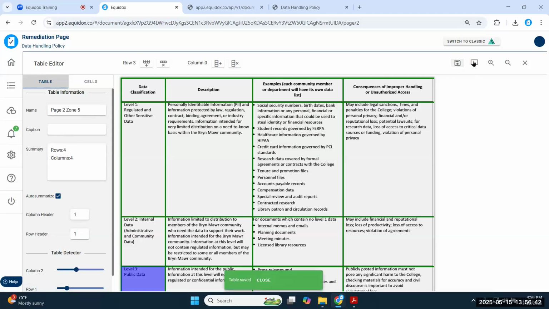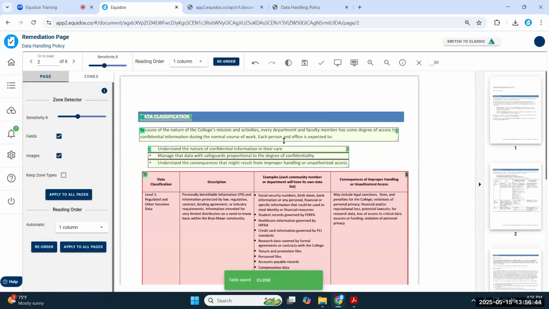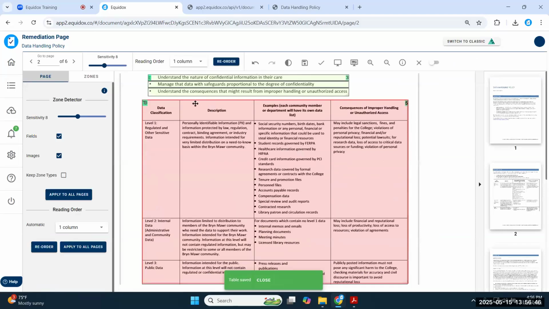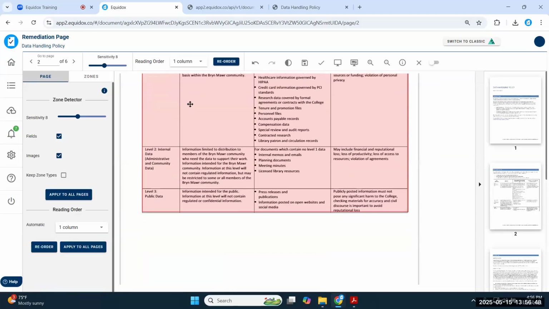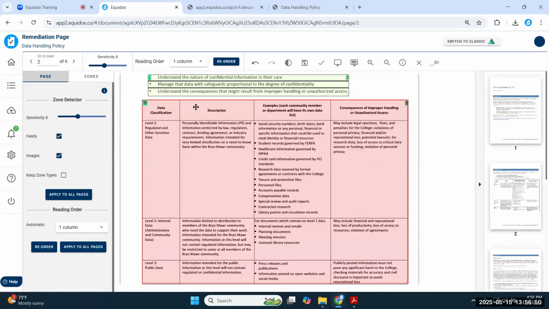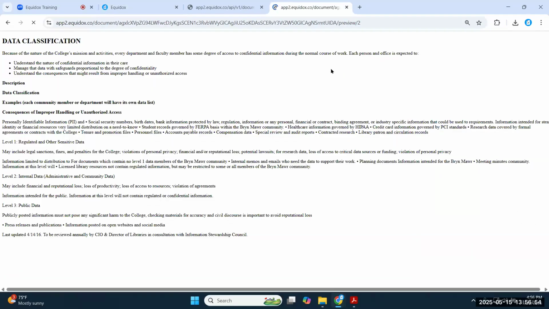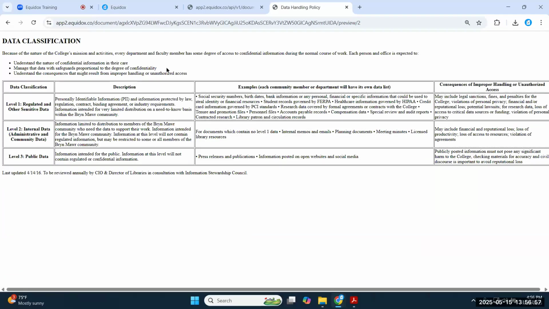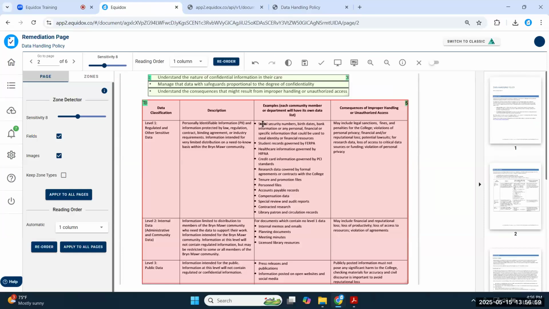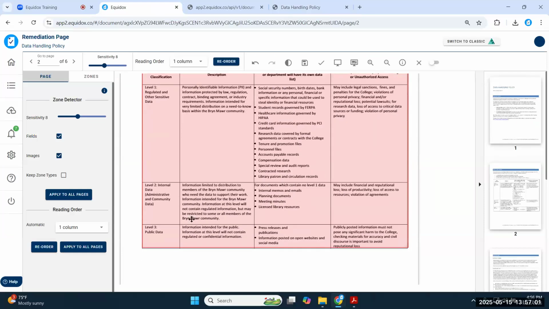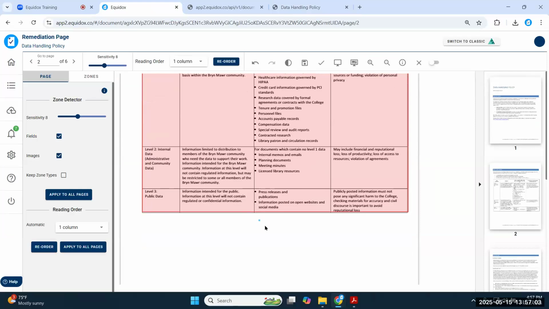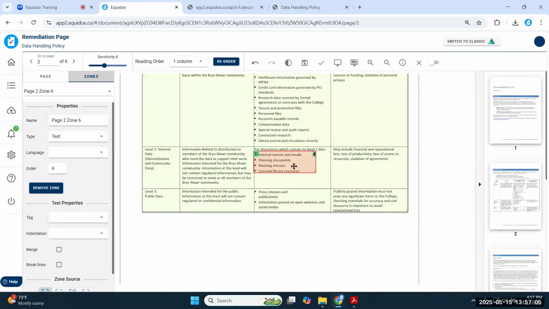But when I save the table and I hit the X and I close out, all of those zones that I had there before have been eliminated. They've been replaced by just this one single table zone. So now my entire page, when I look at it in the preview, looks a lot better than what we had before. Now there are lists inside of these table cells, which I would argue is probably not the best design. It's kind of complicating things beyond what it needs to be.